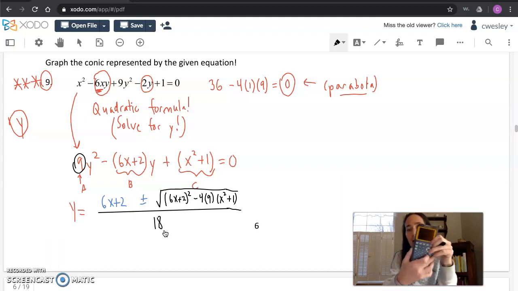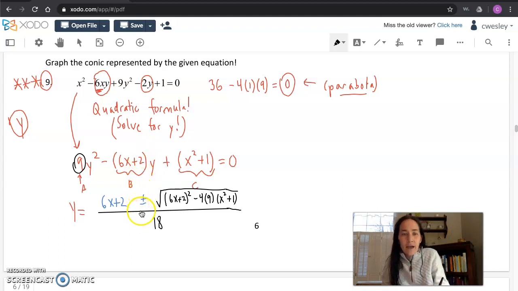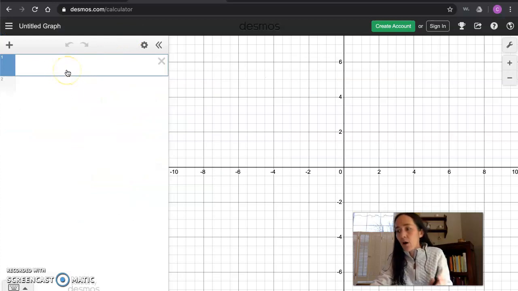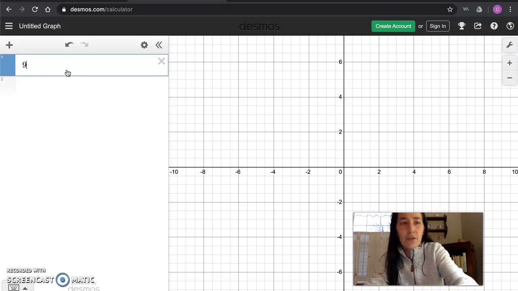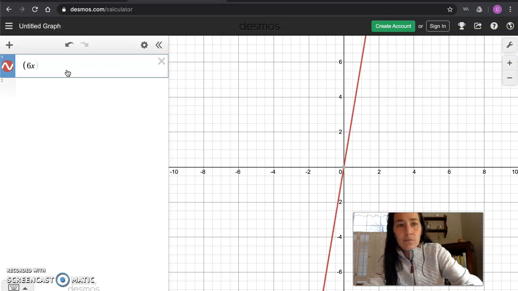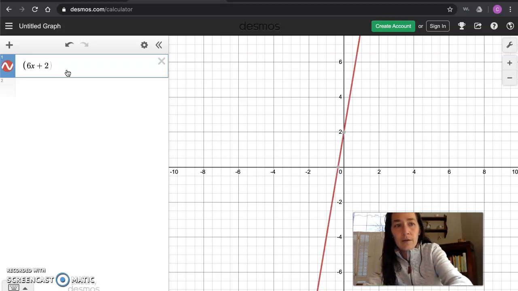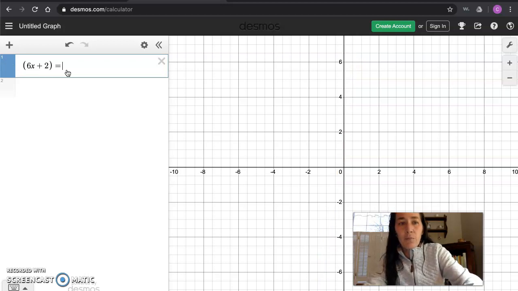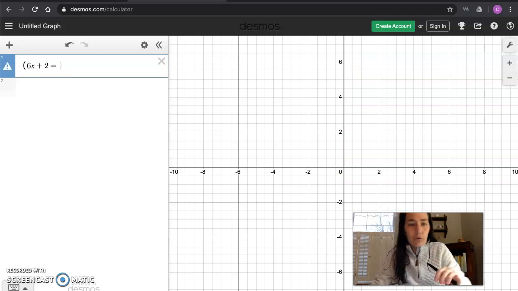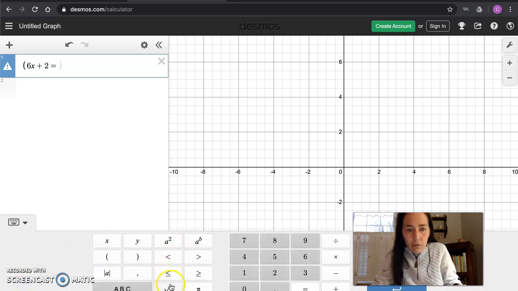Now, after all that, I could type this into my calculator in 2 steps. Since the TI calculators don't have a plus or minus key, I have to type it in once with the plus and once with the minus. If you're able to access Desmos, you could actually type this whole thing in. So I'm going to also do this in 2 steps. We'll solve this as a y equals, so parentheses, 6x plus 2. I won't end the parentheses yet. I'm going to do the plus and then the square root of,